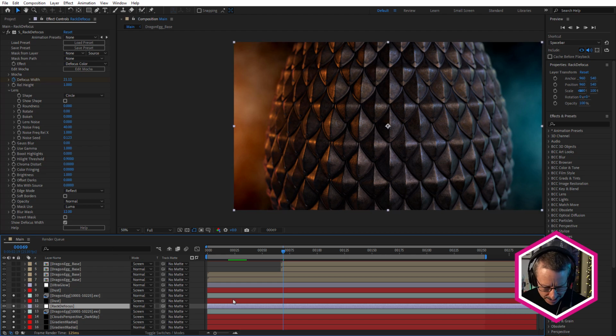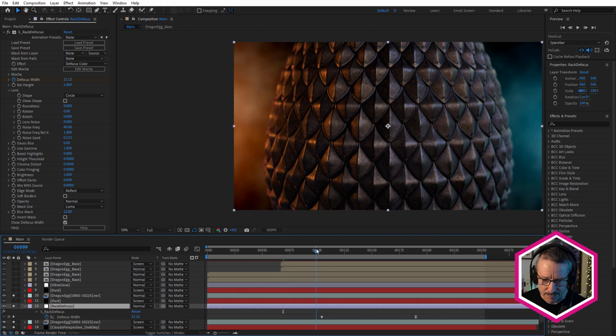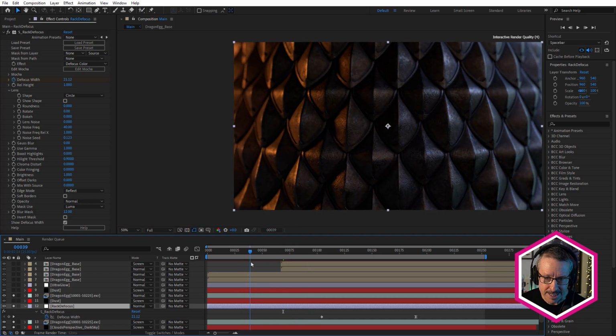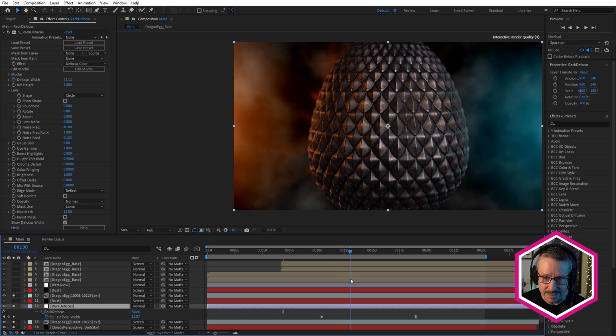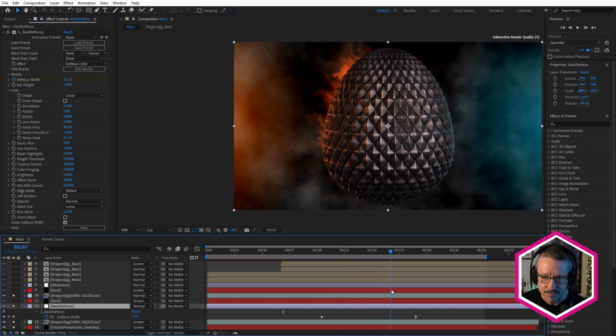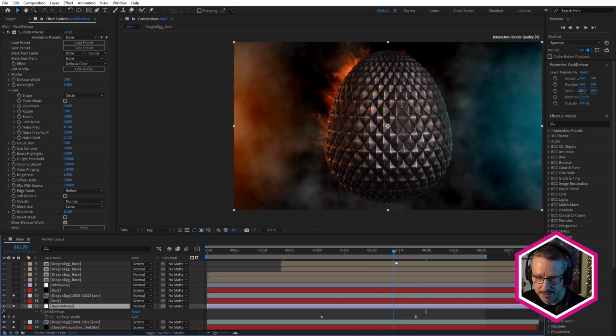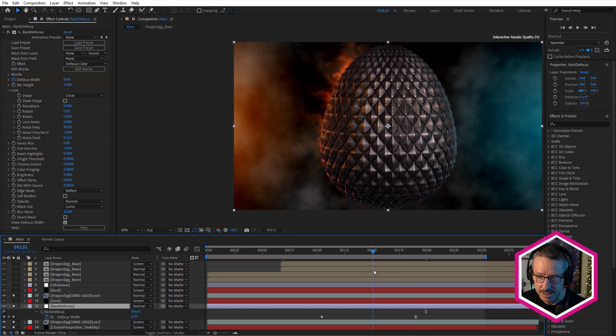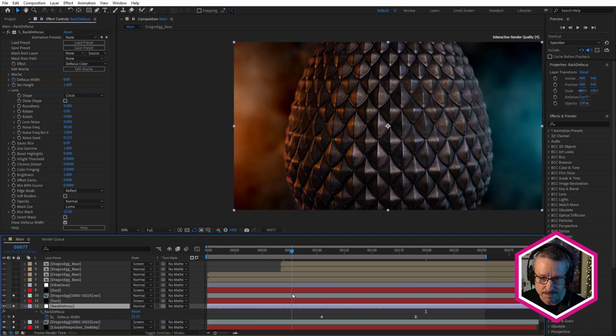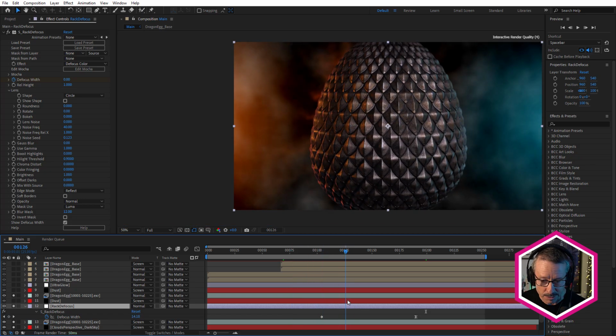So I just added a couple of keyframes to that. So it's out of focus at the start and it starts to come into focus as the egg moves back, because you don't see as much depth of field when the egg's further back in the frame there. So a little further away. So that's how I got around that. So just matching that with a simple adjustment layer with Rack Defocus.